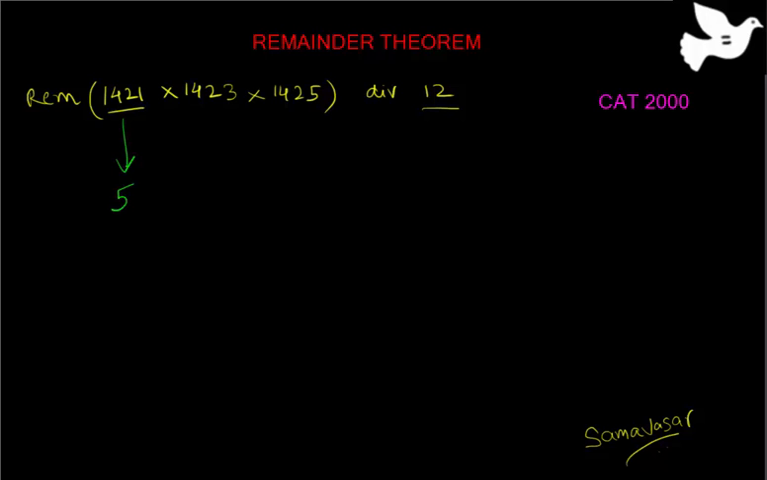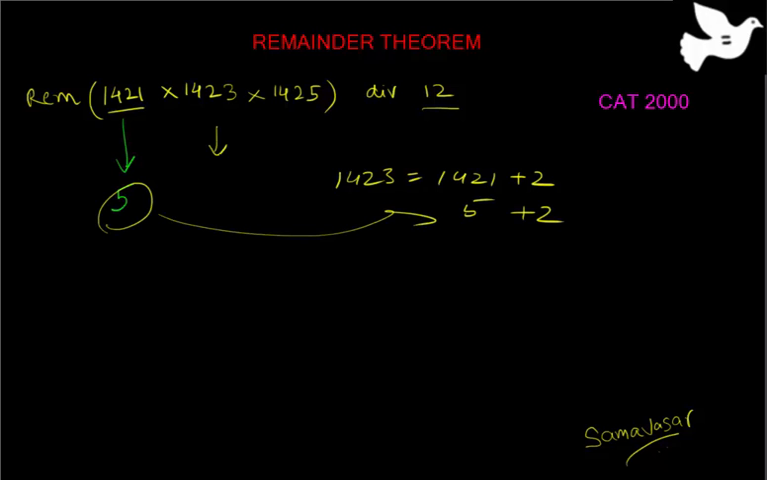Then you have to find out the remainder when 1423 is divided by 12. Again, like I told you in the concept video, you do not need to divide it again. 1423 is 1421 plus 2. So the remainder will also be 5 plus 2, so this is 7, and similarly, you're adding 4 here, so this is 9. So we need to find out the remainder when 5 into 7 into 9 is divided